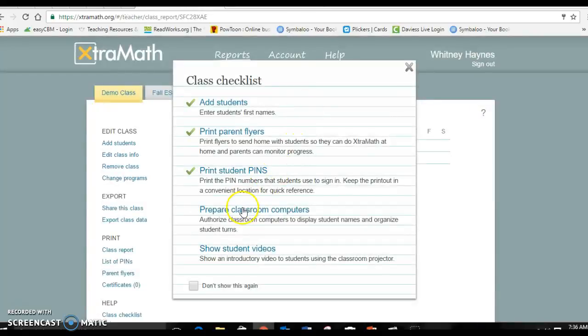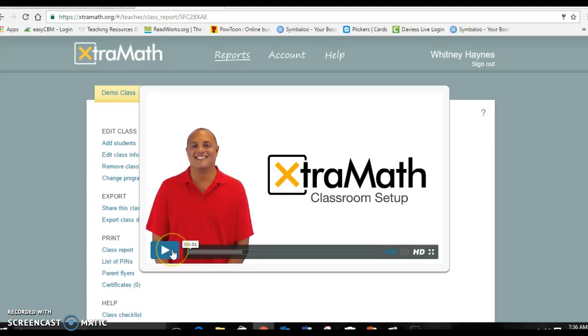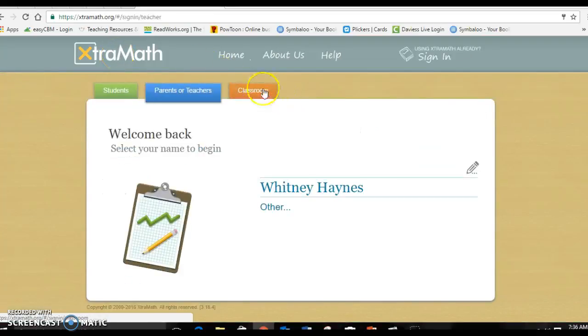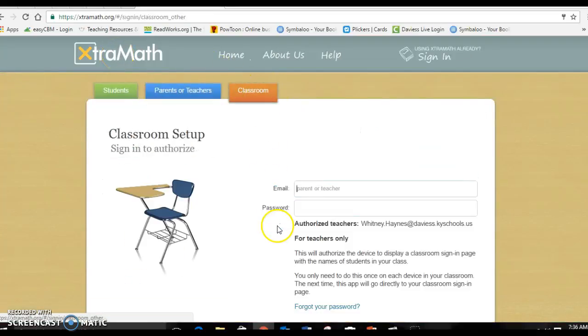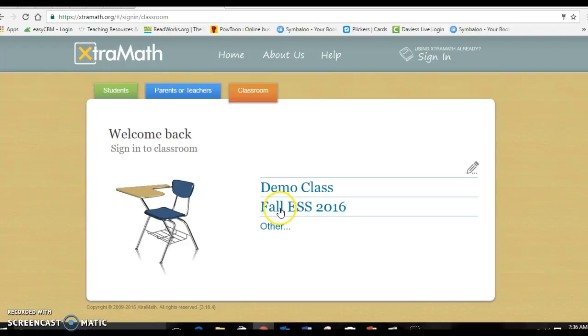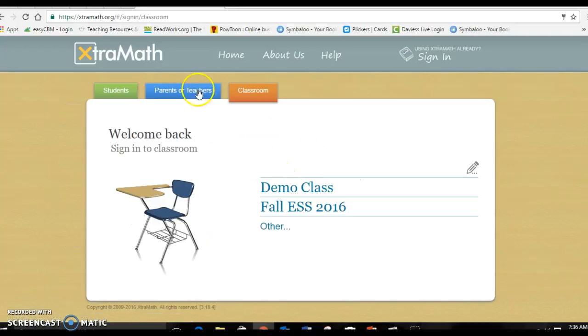Okay, so when you go back up here, this tells you how to prepare your classroom computers, which is what I showed you over here when you go to XtraMath, and it says classroom, and then you type in your email and then your password, and then that is when you get your demo class, or this is another class that I own. You can have multiple classes, which is super nice. Okay, so as we go back here,